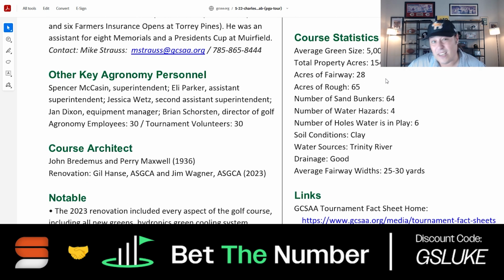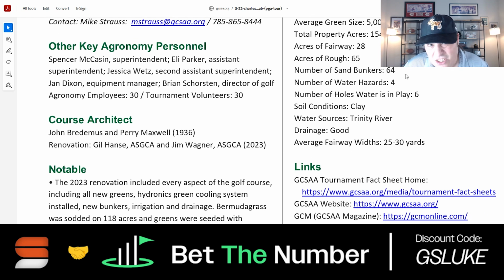The greens are small, and with them being extra bouncy, led to an extremely low green in regulation rate. We'll see that when we get to some of the stats here in a second, but there's a lot of bunkers out there, a lot of fairways that run off into the rough as well, so the fairway rate was also a little bit lower than what we're used to seeing, and there's not a whole bunch of water in play, as you usually don't see a whole bunch in the state of Texas,